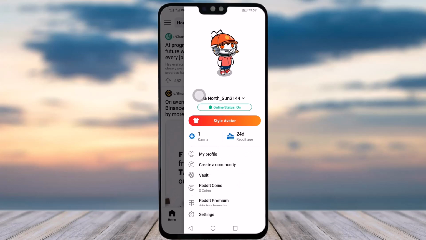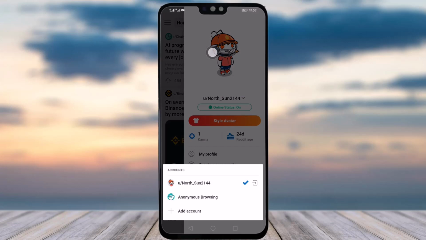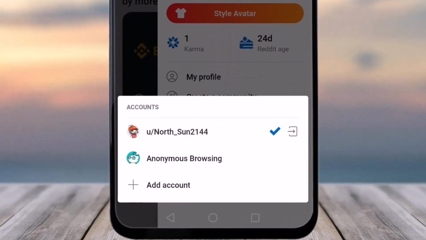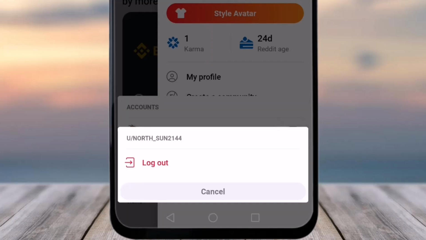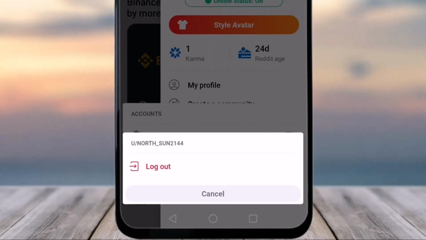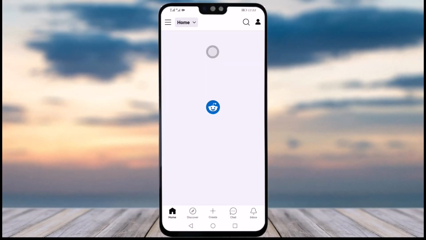Then you will tap on this little downwards arrow icon beside your name. You will tap on it and these options will pop up. Then you will see another option, which is a sign of a log out, this arrow in a box sign beside this check mark. Simply tap on it. Here you can see the logout option. You will tap on that logout option,